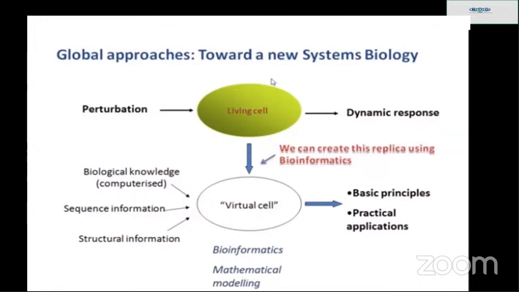Virtual means something which is not existing, but with the help of these softwares, we,